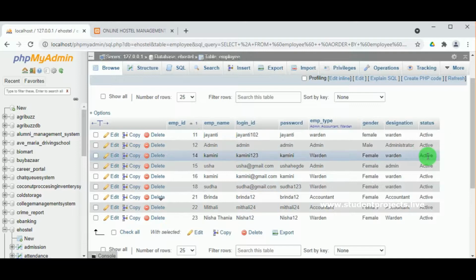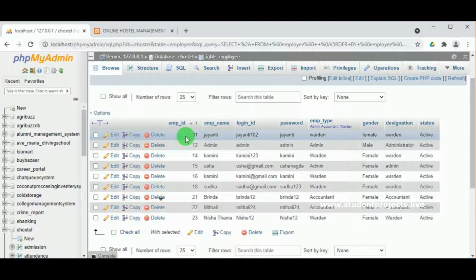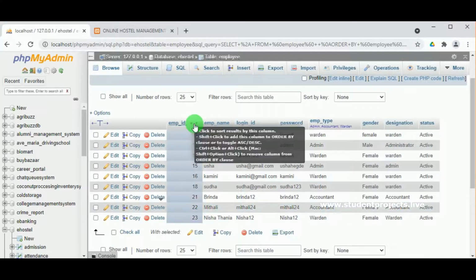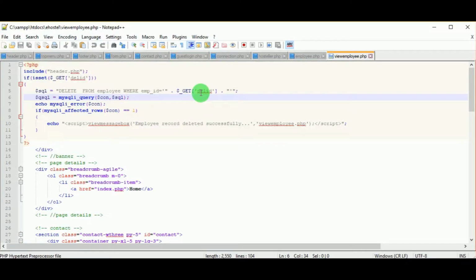So you can see here there are different employee records with different employee IDs. And whenever you click on any record, that particular employee ID will be the delete ID. And what does the query say? If the employee table has any record where the employee ID is the same as the delete ID, then that particular record is fetched. And if the query is correct, then it is connected to the database using the con and SQL.